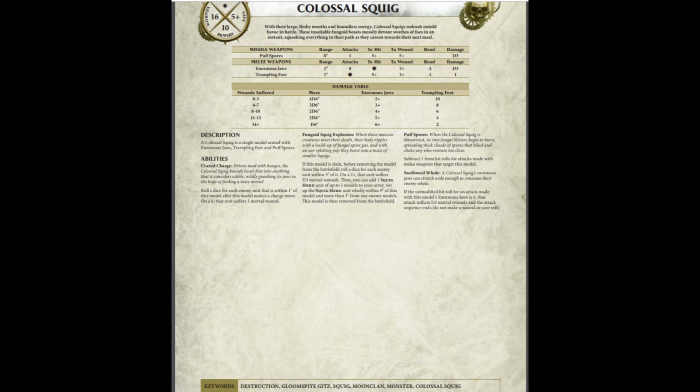Right, and then going into its melee weapons, we've got the enormous jaws. This is a 3-inch range. It's got 8 attacks and it hits on a 2, and this is a star as well. It's a dash to refer back to the damage table, as it will get harder to hit as it takes more damage. But nonetheless, it starts to hit on a 2, wounds on a 3, -2 rend, and D3 damage. It's got a 3-inch range as well, which is good. It's got a good rend to it, but D3...